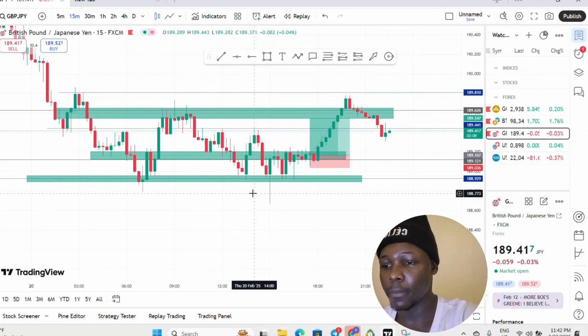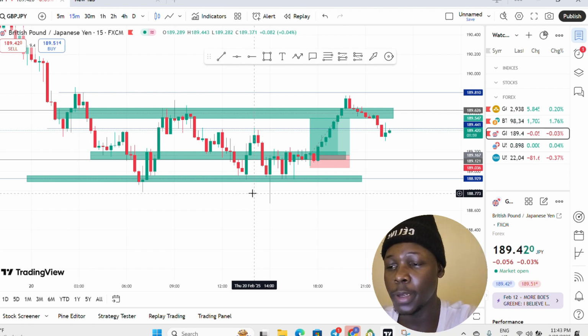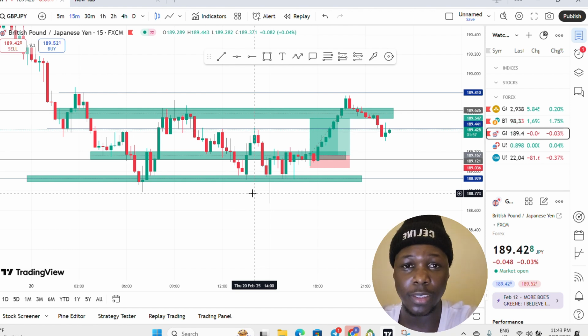What I want to talk about in zones is, if you want to map out your zones, it's important. As a price action and support and resistance trader, what I will tell you is that when it comes to zones, you have to focus more on the 4 hours and then the 1 hour. If you want to draw out your most important zones, or see the overall movement of the market,